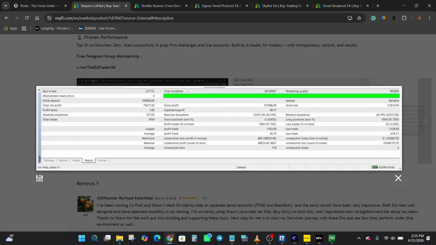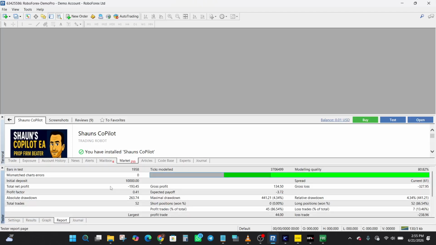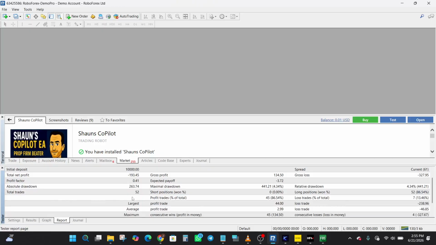Either ways, let's just head over to our strategy tester. Let's see how the Shauns CoPilot performed on Euro USD on the H1 time frame over the past 3 months. We are using the every tick modeling, so we're testing from March to June, 21st March to 21st June 2026. So here I can see that from an initial deposit of $10,000, the total net profit was negative 193.45. 52 total trades were taken, out of which 45 were profitable, giving us an